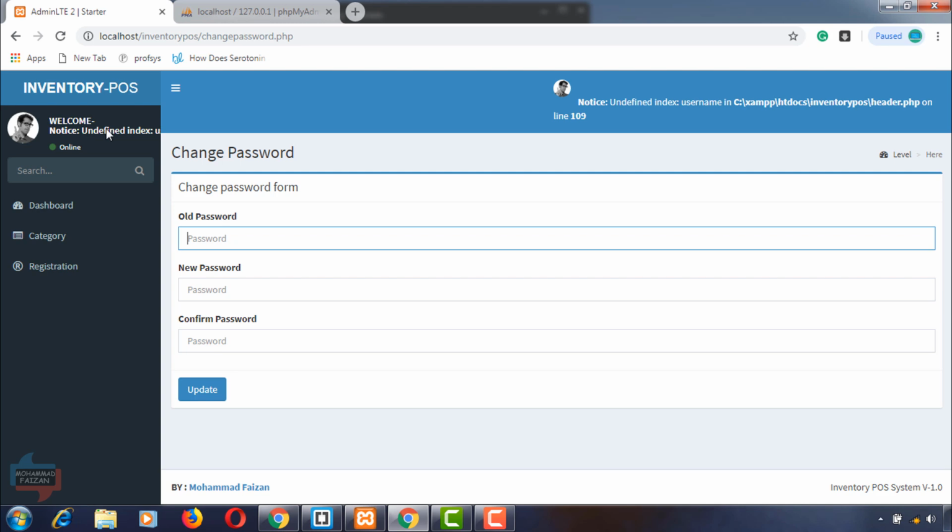Simply, you can see here a session error. We are not able to see the name of the user. And here, if I click on this icon, it is not working now. And this is also not working. So how can we resolve this? First,